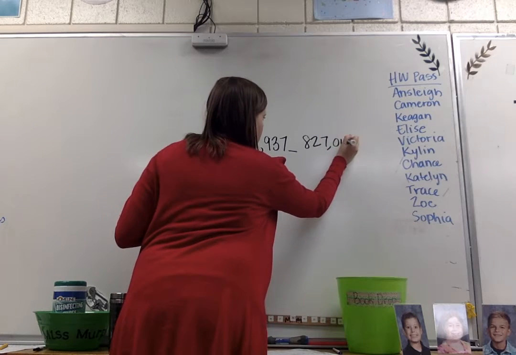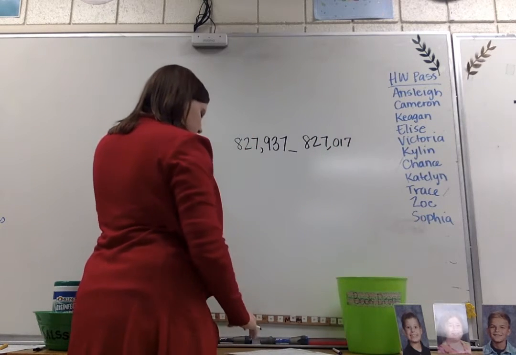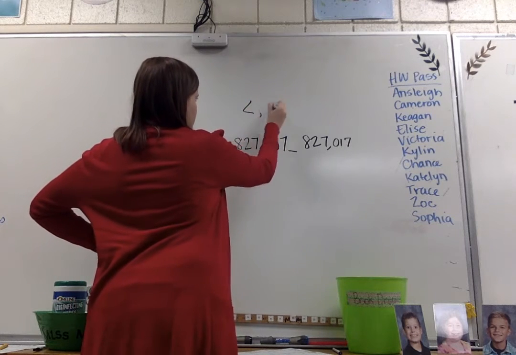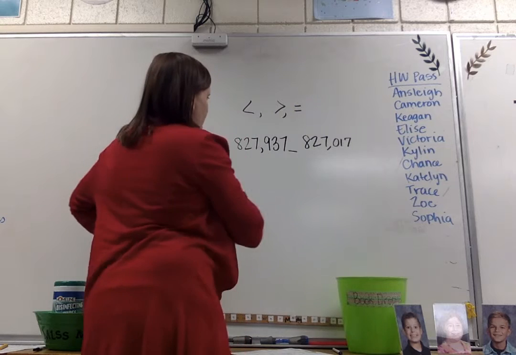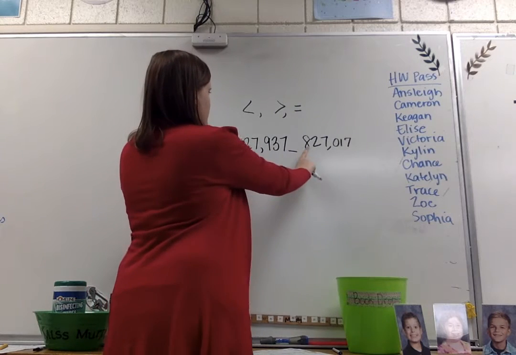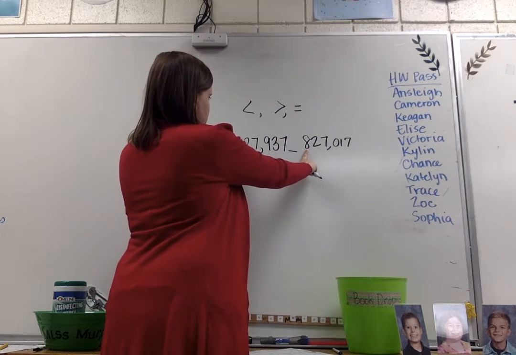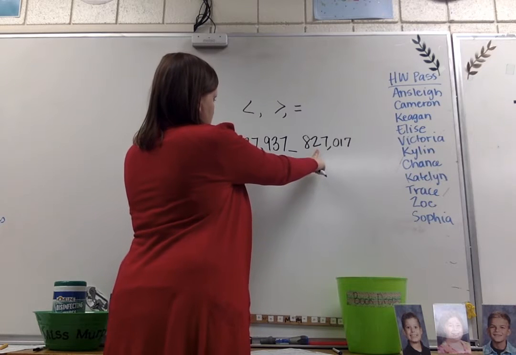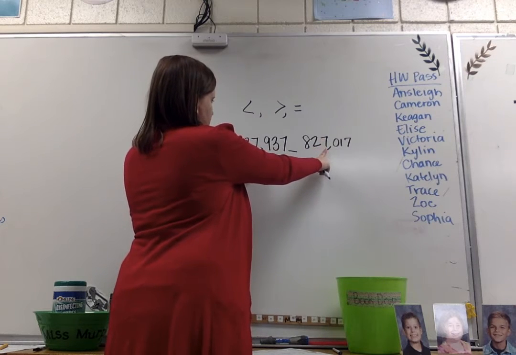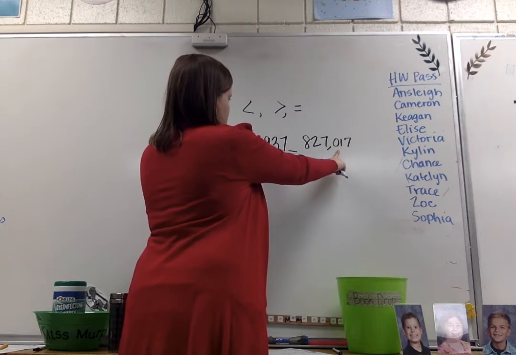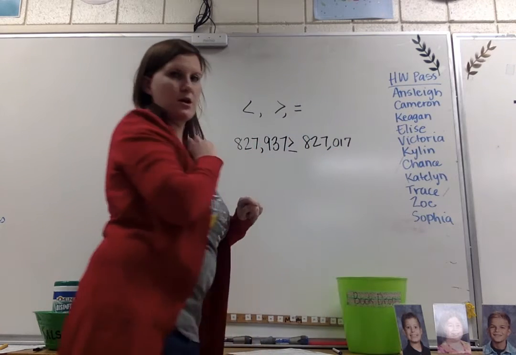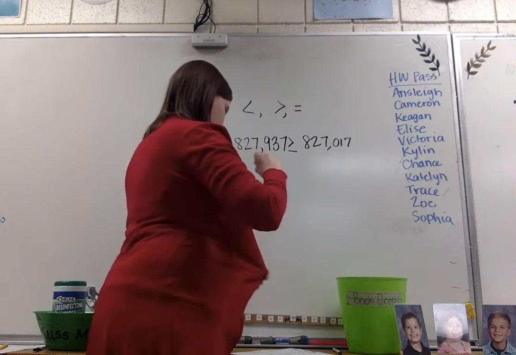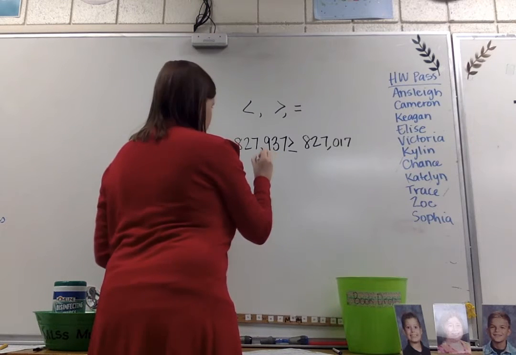All right, so we are comparing these two numbers. Remember, we have greater than, less than, and equal. That's less than, greater than, and equal to. Got those mixed up. Sorry about that. Okay, so starting at 100,000s, 8 and 8. 10,000s, 2 and 2. Thousands, 7 and 7. Hundreds, 9 and 0. 9 is bigger, so we would say greater than was our symbol. Okay, next we have